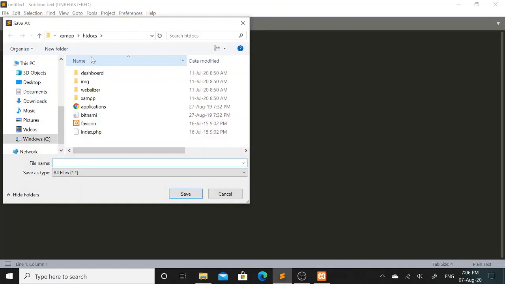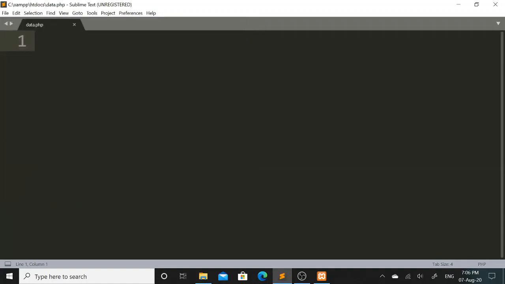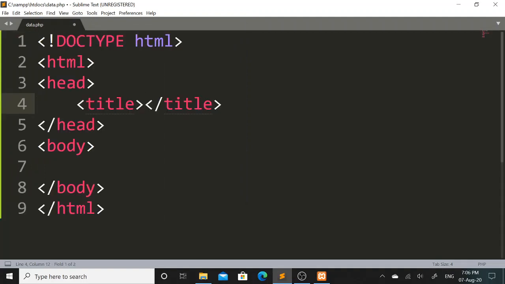Here I will save this file in the htdocs folder of the XAMPP folder in order to run this file in the localhost XAMPP server. So here I will name this file as data.php.